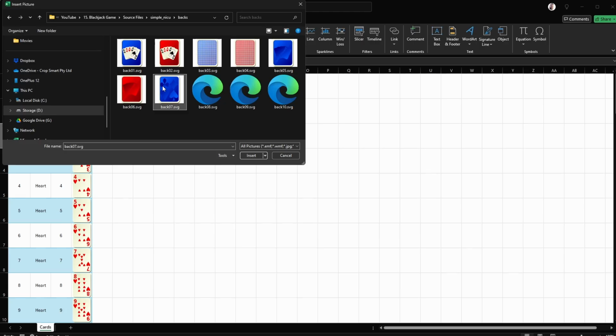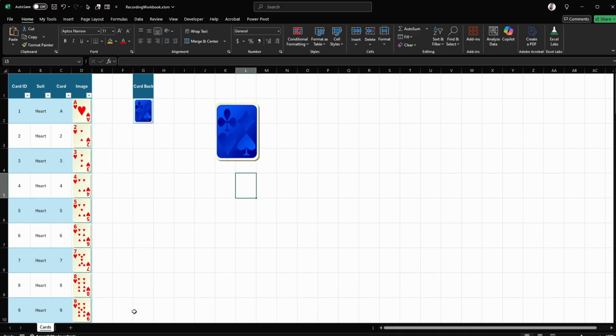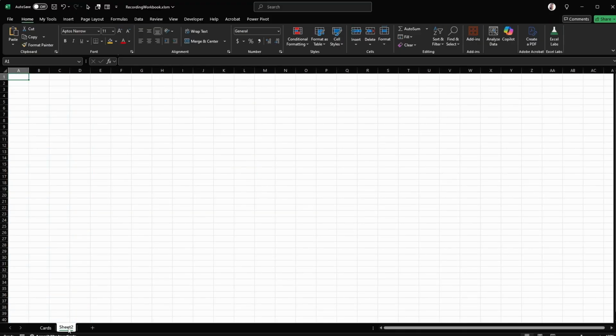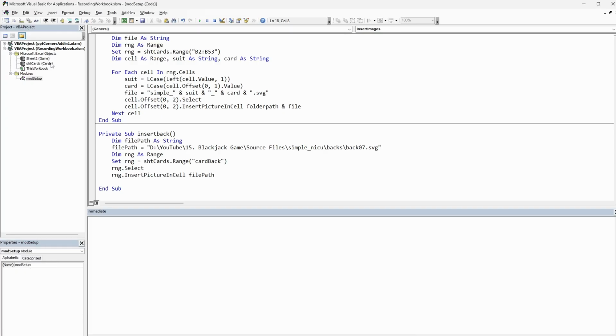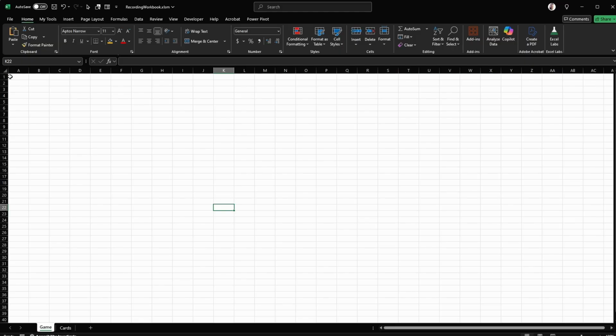Number 7. All right, so that's our cards sheet set up. Now we're going to create the game environment. So I'll call that game, and in our code name for that, we'll call that sheet game as well. Okay, to set up the objects for this, we're going to do that in PowerPoint, but just quickly, I'm going